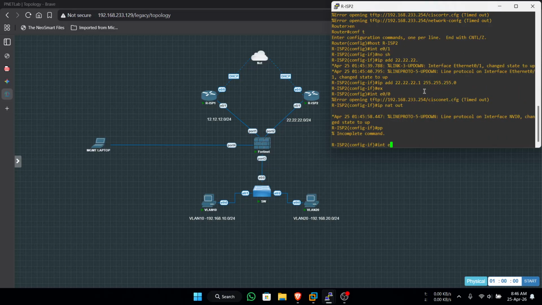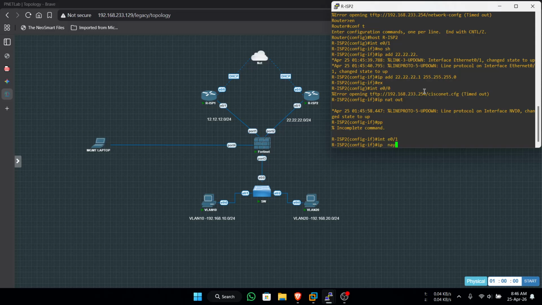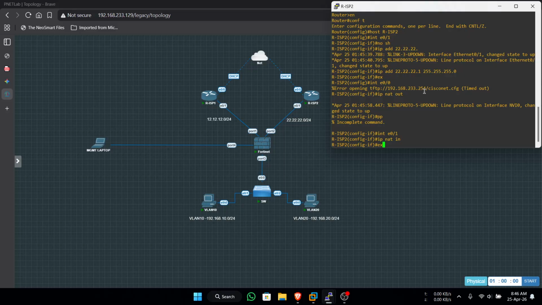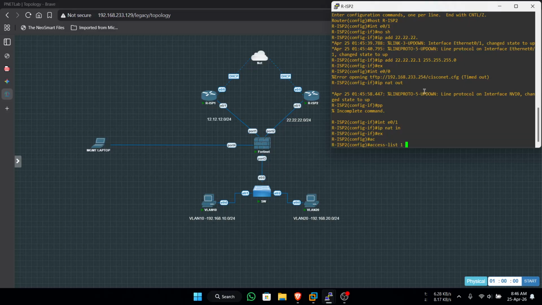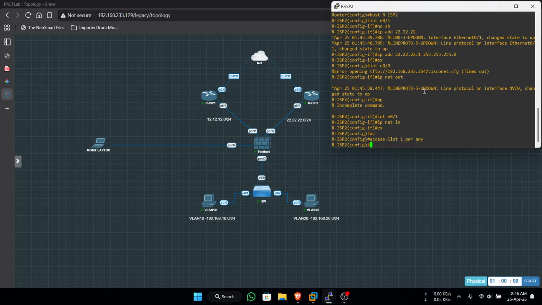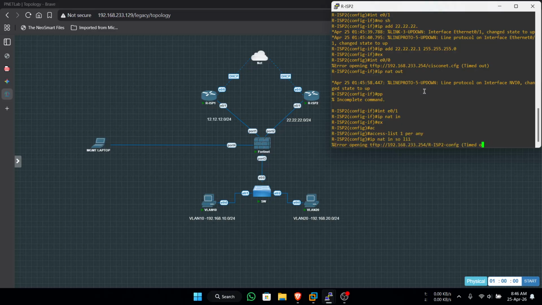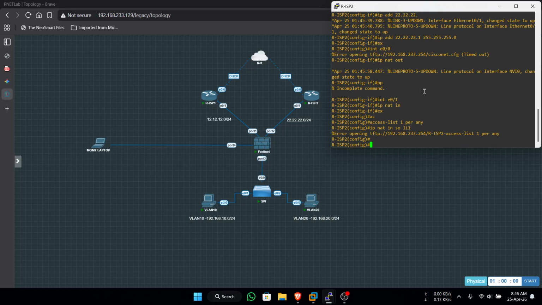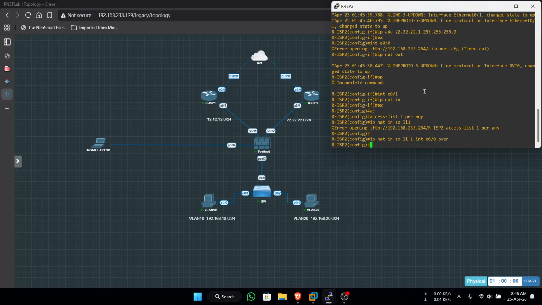Okay, interface 0/1, ip nat inside. After that, make an access list, permit any, then ip nat inside source, interface 0/0, overload. Okay, you can do write now.